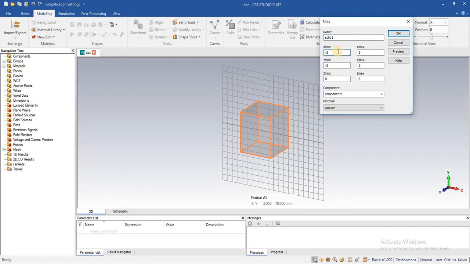From here you can change the axis and you can preview. After that you have to give it a name.